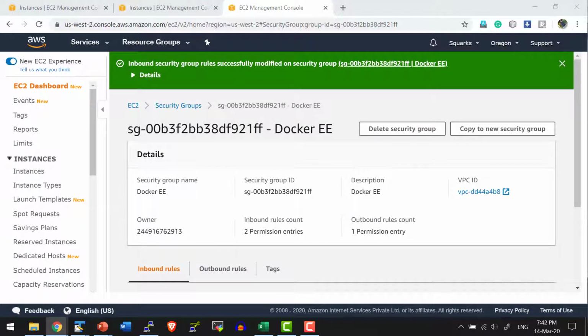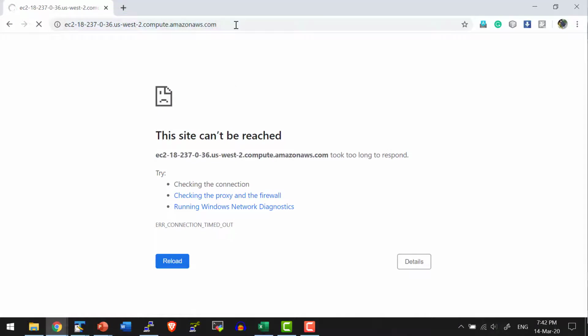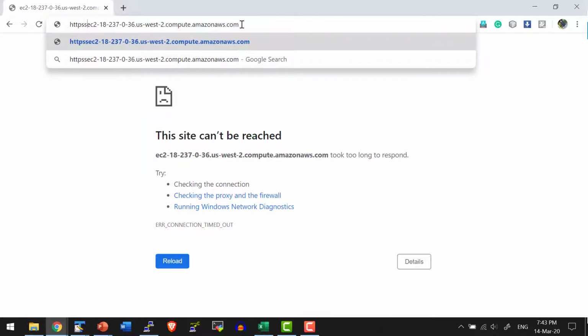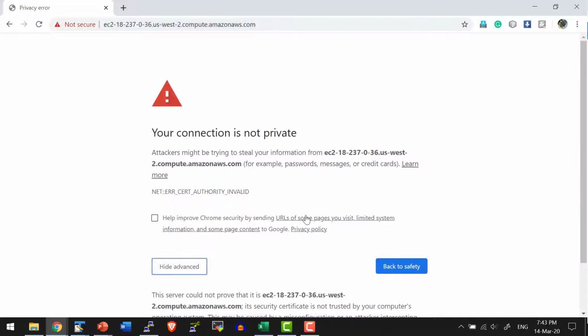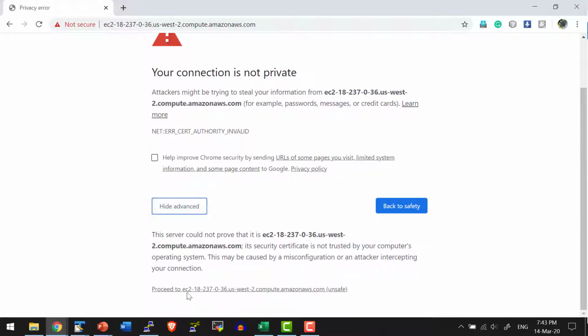Now let me go ahead and access the port 80. Now let me go ahead and access this particular DNS. I need to explicitly mention HTTPS, and since I do not have a valid key and it is a self-generated key, it's going to provide this particular warning. Let me go ahead and skip this warning, get into advanced and proceed to this particular link. Even though it says it's unsafe, I know this is the server that I am running. So I'm going to get into this particular server in the HTTPS protocol.